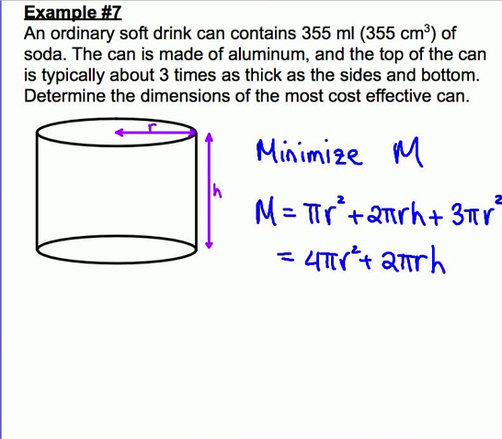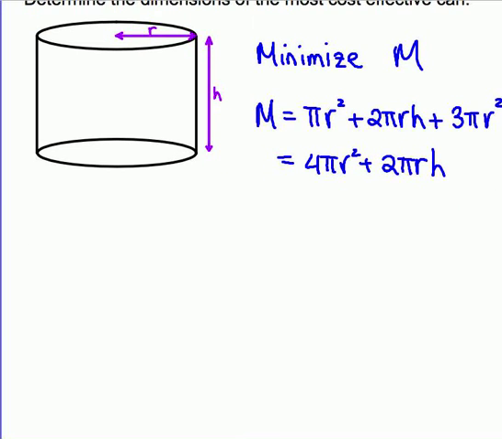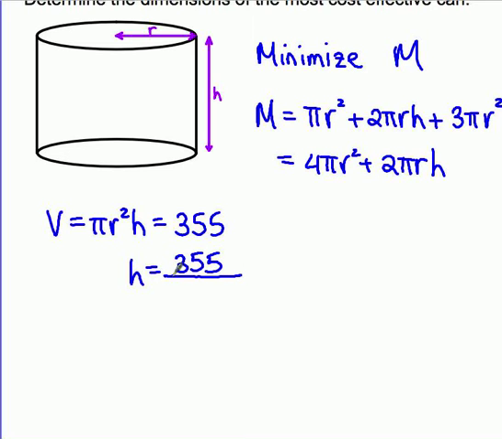Now, just as we did before, we recognize here that I have a formula in terms of 2 unknowns. The radius and the height are both variables. And we need to come up with a way of connecting those. And we know that the volume of this can, which is pi r squared h, has to equal 355 cubic centimeters. I can solve this for h, and I get h is 355 divided by pi r squared. And this now can be substituted